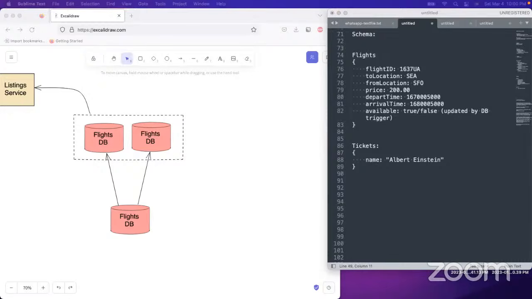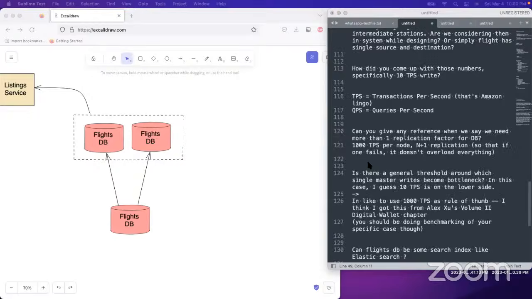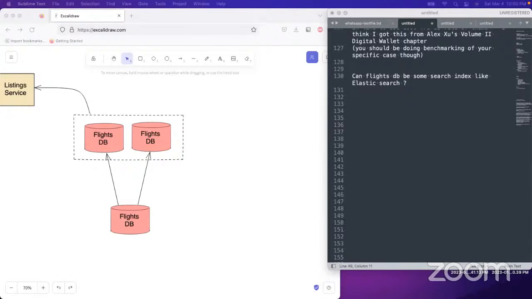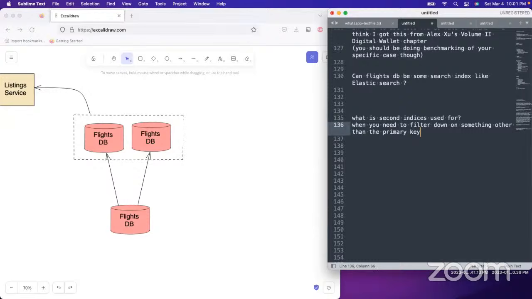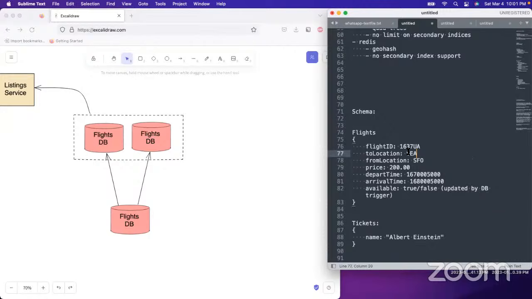There's a question on, hold on. What are secondary indexes for? Well, normally you only narrow down by the primary key. So it's like when you need to search on something or filter down other than the primary key. By default, the B-tree or LSM tree or whatever is what you have set up for the primary key. But then we're going to probably filter down by some of those other attributes, like the to location and